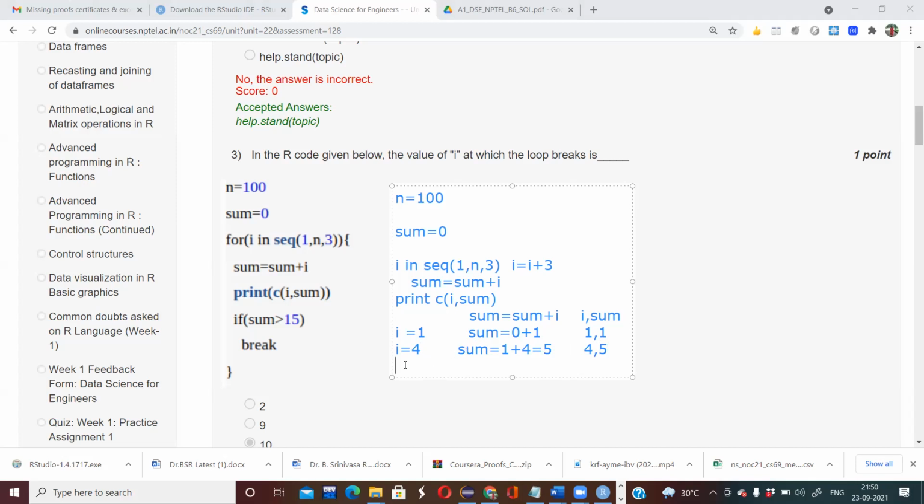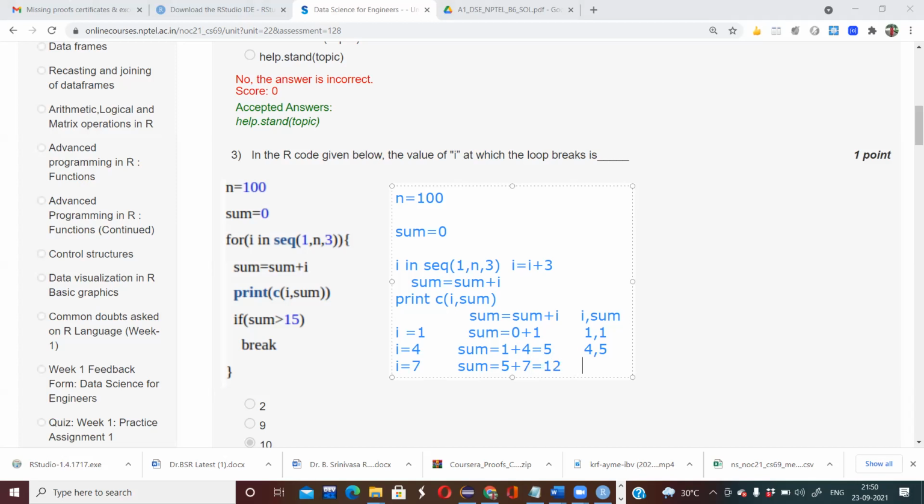Next, i is already 4, so 4 plus 3 will be 7. Sum is not 1 here; the latest sum is 5, and 5 plus 7 will be 12.